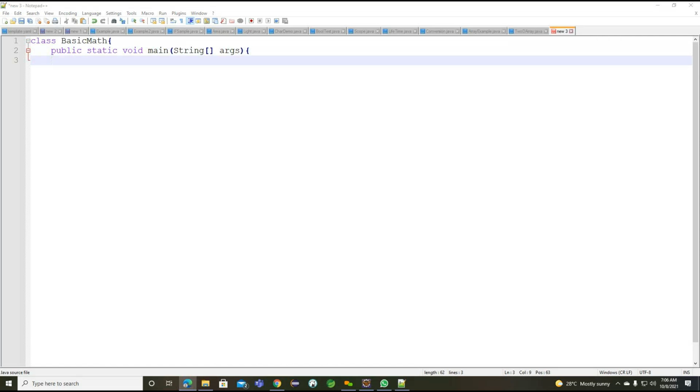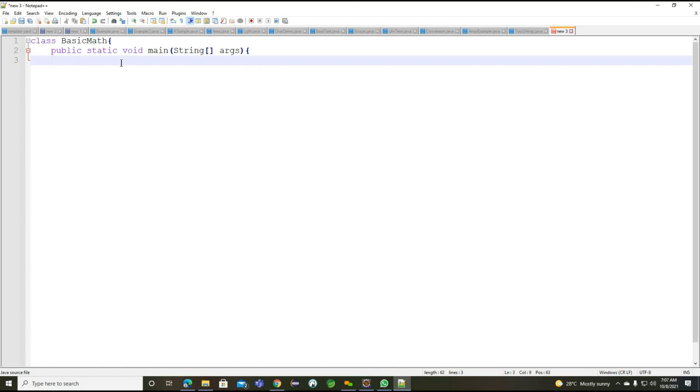Now, what operators do we have in our Java language? Basically, we have arithmetic operators, some relational operators, and some logical operators. These are the different operators we have. Among them, we'll first identify the arithmetic operators. The name itself gives the information that we can work on basic mathematical operators with the help of our Java language. Getting the point? Now we need to understand how we can implement basic mathematical examples.